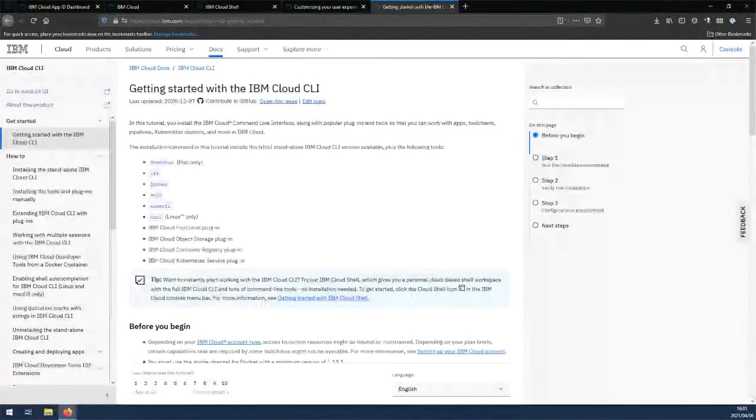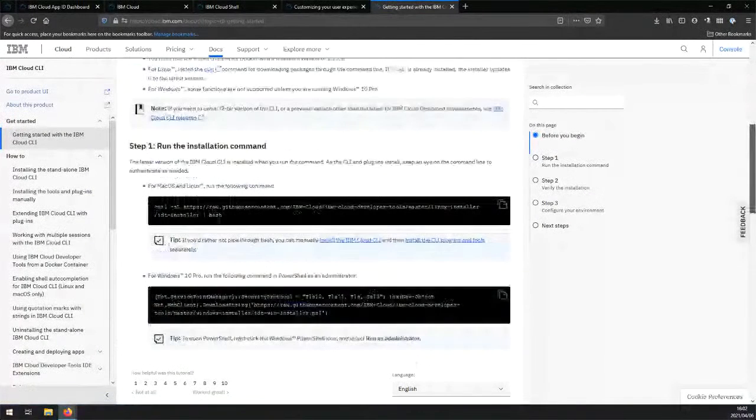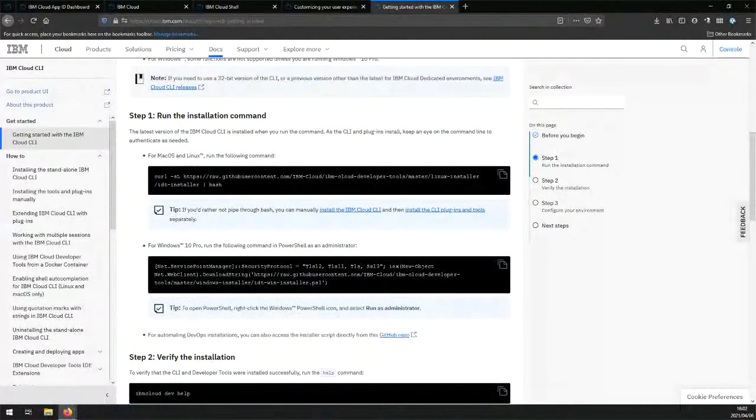Okay, so it allows you to install the CLI in either a Mac OS or a Linux environment or a Windows 10 Pro environment as well. So if you're on Mac or Linux, just copy this command as it is, run it in your terminal, and you should install the required dependencies. Then you should be able to run the IBM Cloud commands accordingly. If you're on Windows 10, please open up your PowerShell,